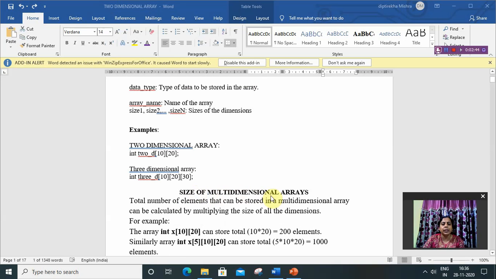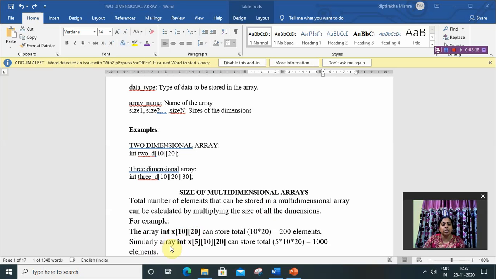Size of a multidimensional array: the total number of elements that can be stored in a multidimensional array can be calculated by multiplying the sizes of all dimensions. For example, int x[10][20] is a 2D array having 10 rows and 20 columns, so each row has 20 elements, and 10 rows give 10 into 20, that is 200 elements.